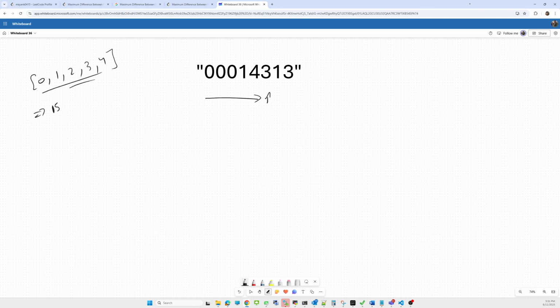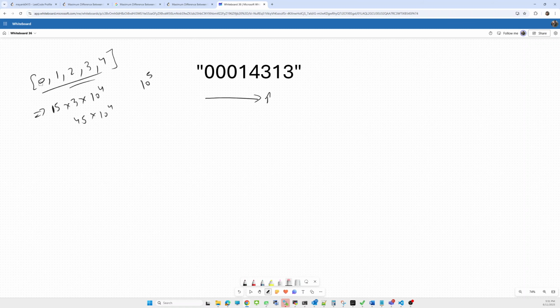If we solve for each combination, what will be the time complexity? 15 times 3 into 10 to the power 4. So is it feasible? 3 times 15 will be 45 times 10 to the power 4. So it will go under the 10 to the power 5 range. Yes, it will be feasible. So can we go for this approach?